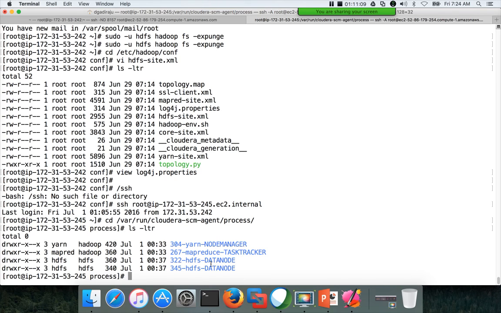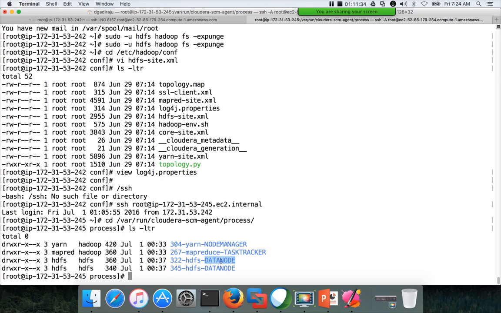Each directory has a number to begin with, and after the number, it has the relevant service and the component of that service. So in this case, 322 is the unique identifier for the directory, HDFS is the service, and data node is the component.